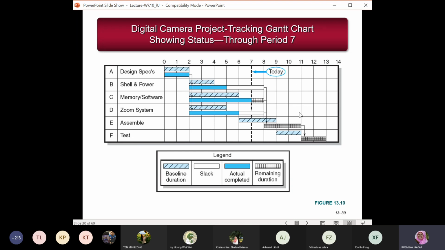So that means in this project, instead of it's finished at month number 11, it will need to have extra time to complete the project. So you will add this required project time extension. Like for example,